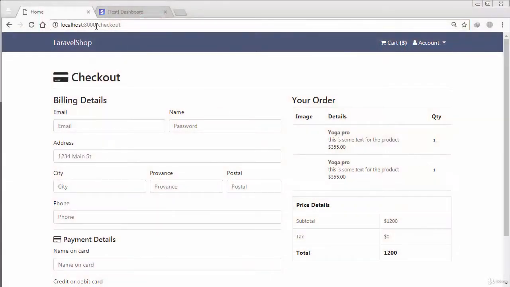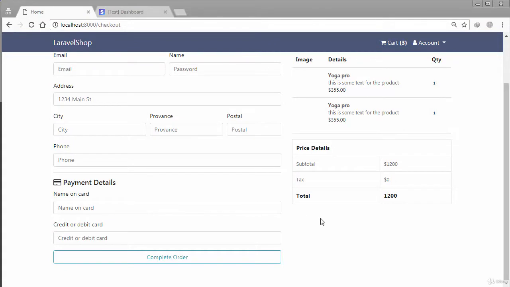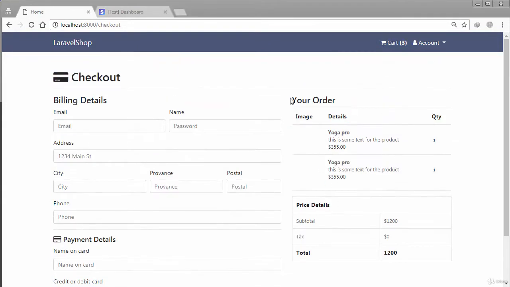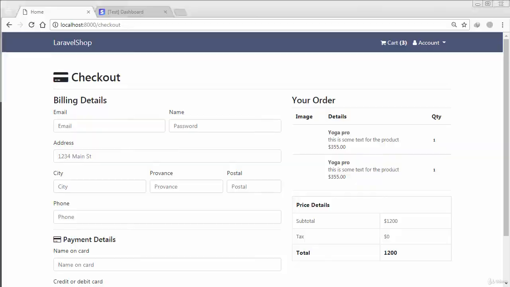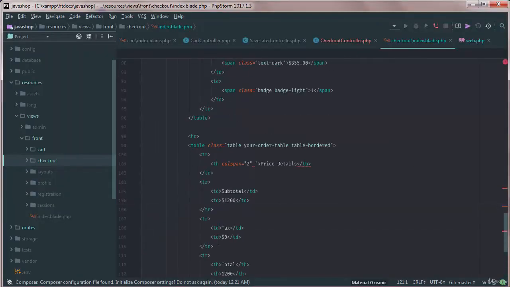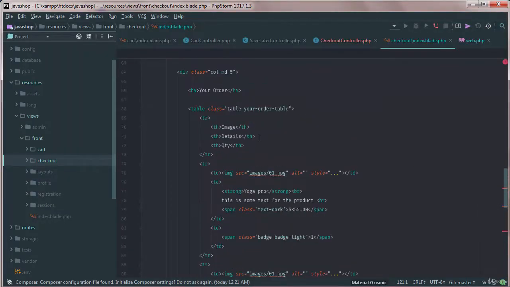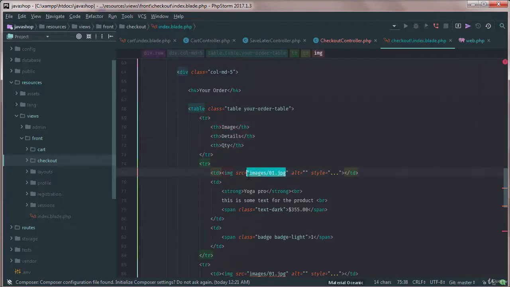Okay, so if you integrated the checkout function, we just didn't work on the functionality. Basically, we need to grab the dynamic data from here. For example, we have 3 products in our cart. We need to show these 3 products here. So simply we need to go to checkout index and then our image details and quantity, and image as always